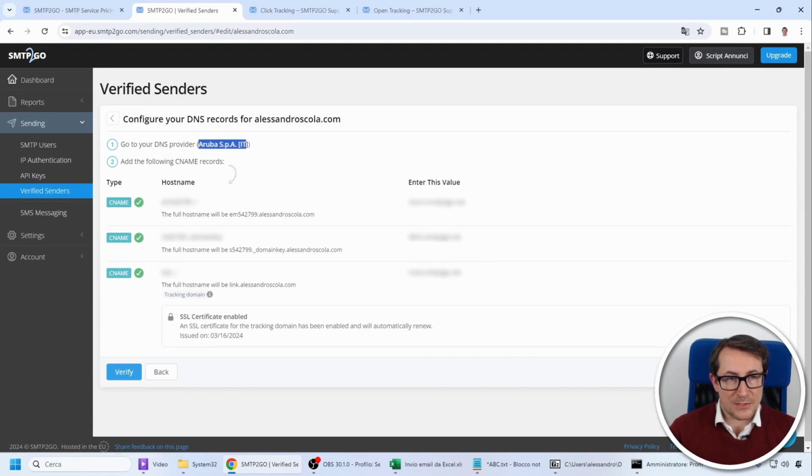In this case, once you've inserted these records, you need to wait a few hours for the DNS to propagate, and then there will be a verify button. It will check by reading these records and expects to find these values. Once verified, these checks will appear. This is crucial for ensuring that emails are not only sent but also received by your clients. Please, this is very important.